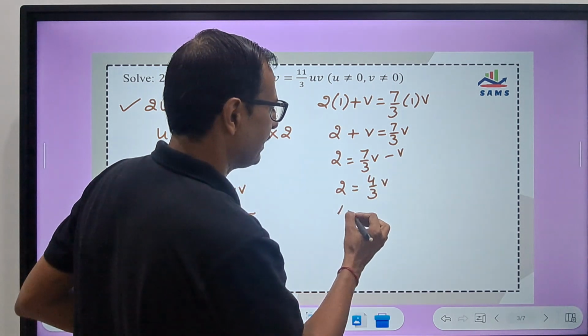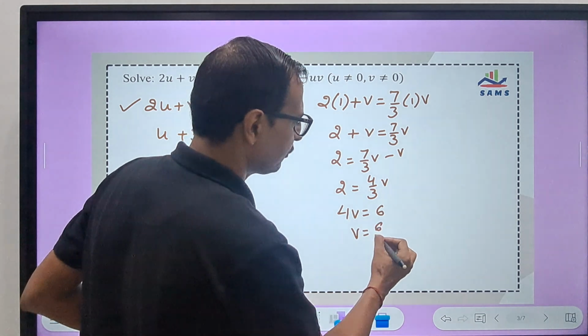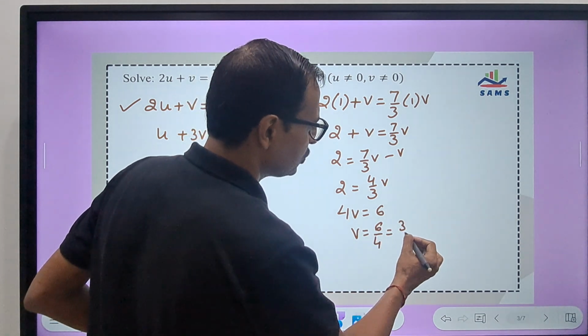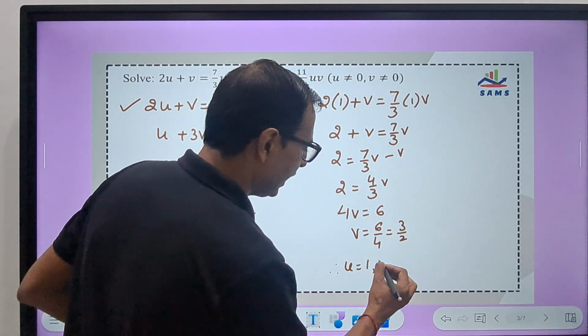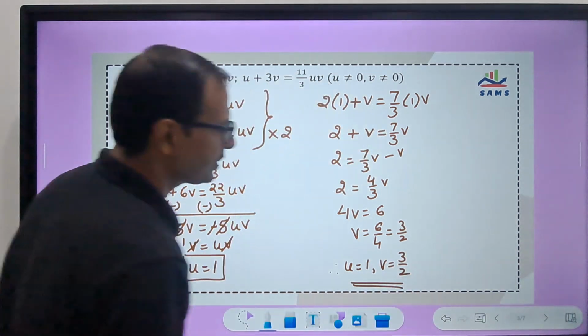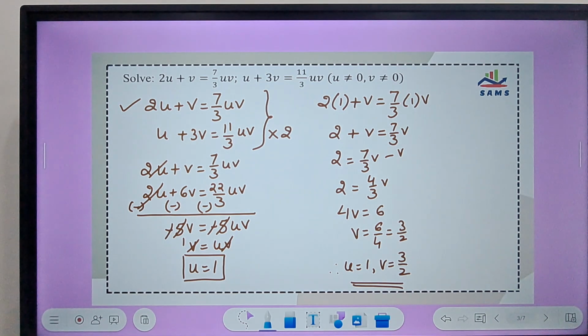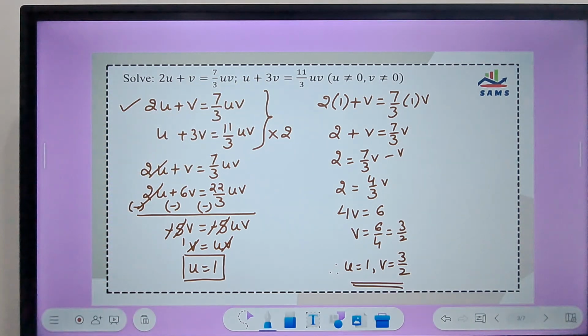And when you cross multiply, 4v equals 6. So v equals 6 upon 4, which is 3 upon 2. And that gives us the solution u equals 1 and v equals 3 by 2. Now this is the direct method of solving this pair of equations. Not exactly linear equations, they are non-linear equations, but the method of elimination by equating coefficients still applies to solve